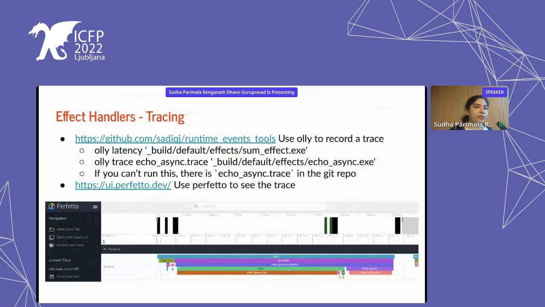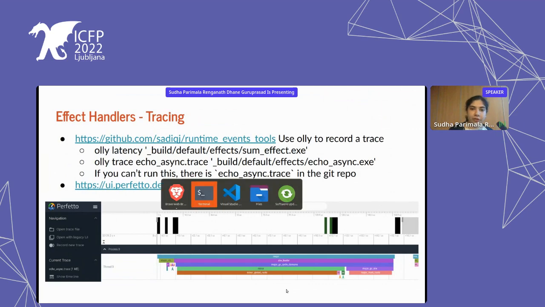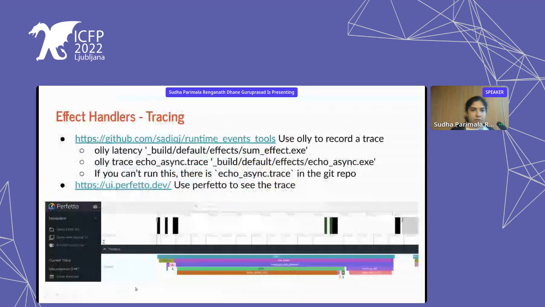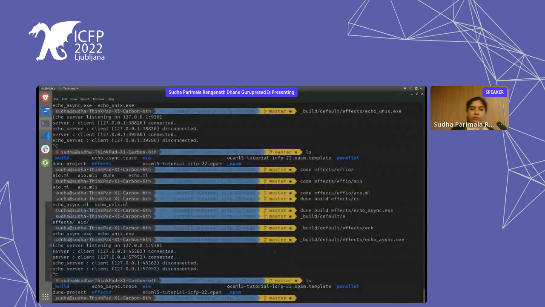We have a new library for tracing. I would suggest trying this out on your machine, but if not, we also have a file over here you can just use as it is. Yeah, it is this echo async trace file. So to get the tracing, this is the command. You can just do